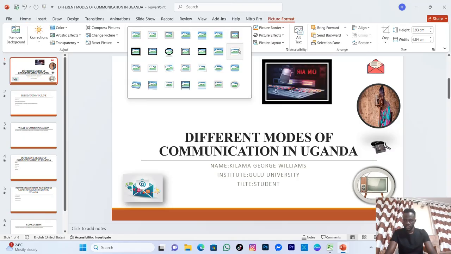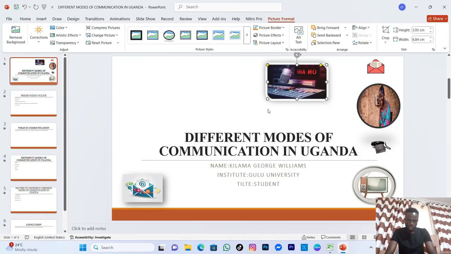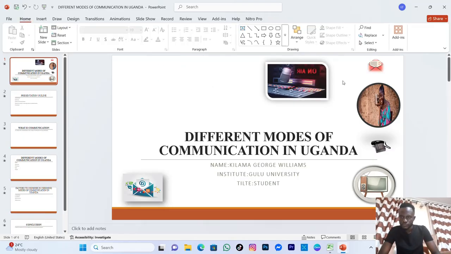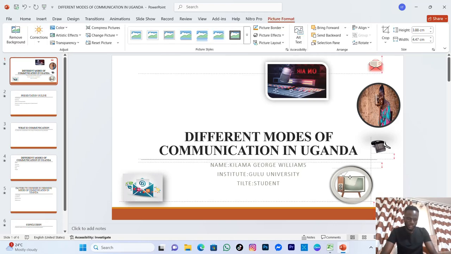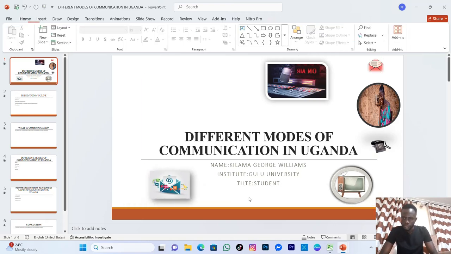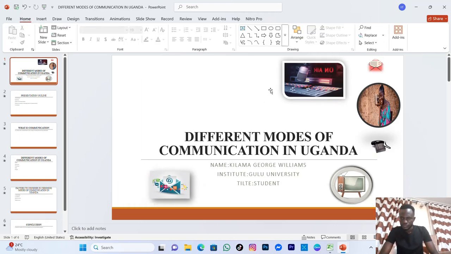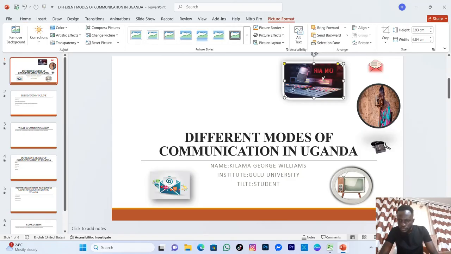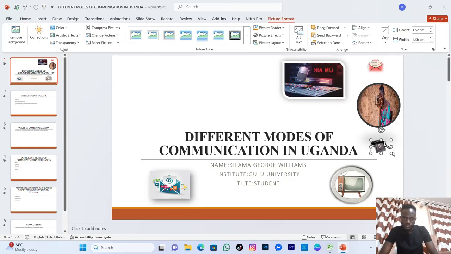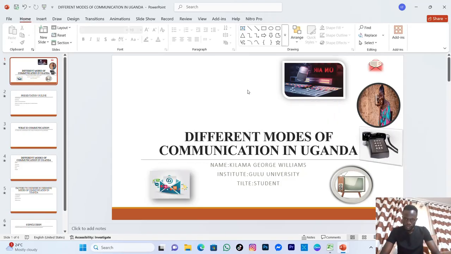You can have these options all together. So these are modes of communication. Explore. You want to send communication. So this is it. And you can actually copy all this and take them to your other slides. Before we do that, we first need to enlarge this telephone a bit. So we can highlight all this